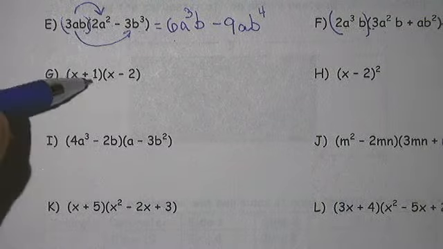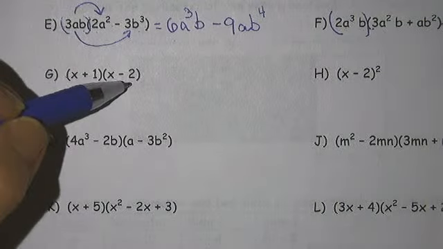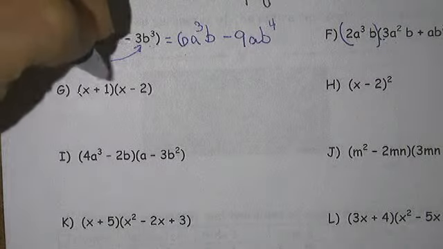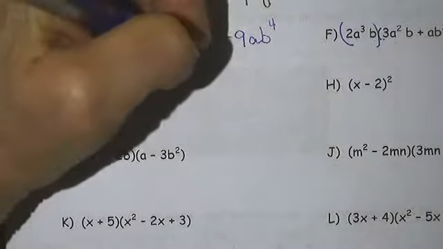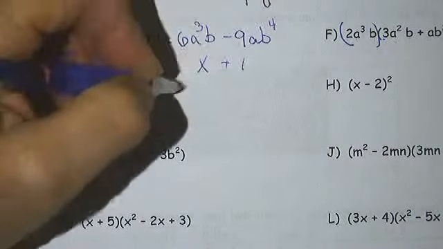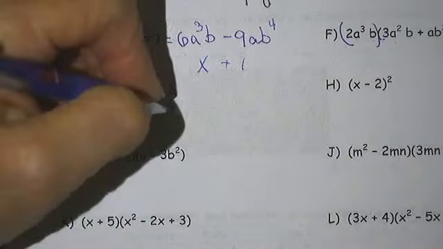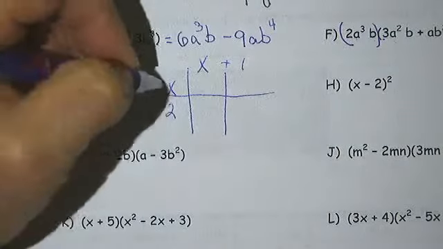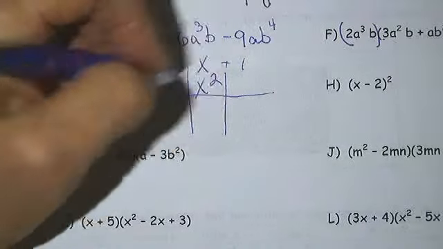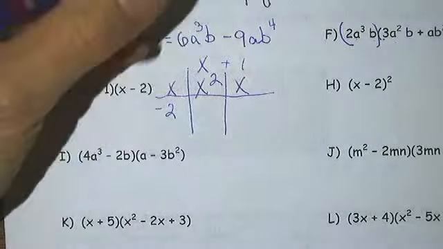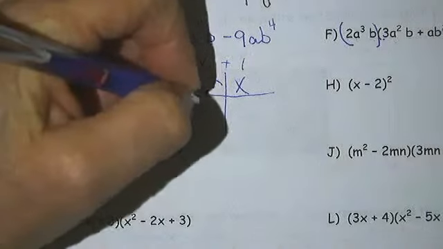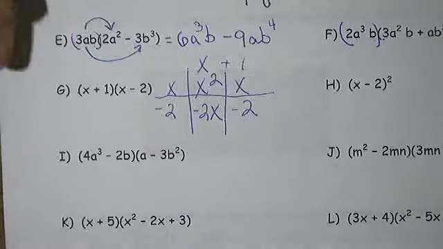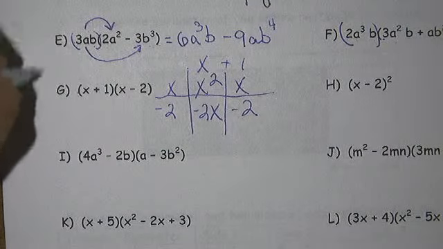Now we have x plus 1 times x minus 2. A couple of ways we could do this one. We could say, for example, x plus 1 times x minus 2. Using the box method, x times x, x squared. x times 1 is x. x times negative 2 is negative 2x. Negative 2 times 1 is negative 2. That would give us the answer